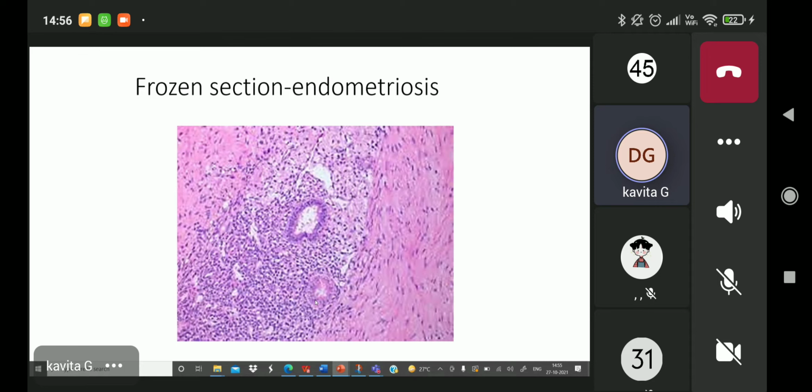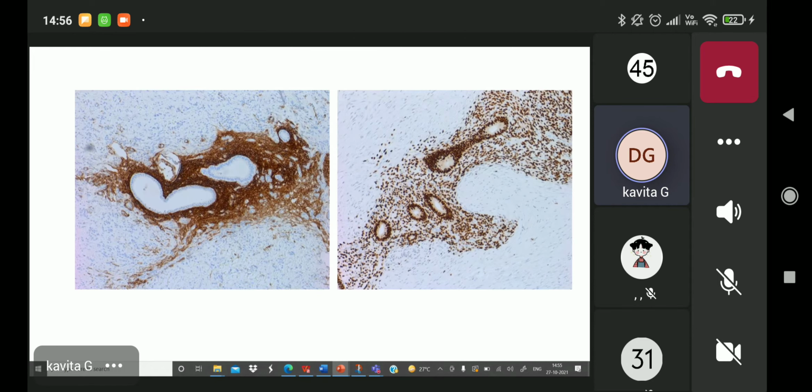Now, if you have a problem in localizing whether this is of endometrial origin or not, you can always put up IHC. So the marker for endometrial stroma on the left, you can see over here, is CD10. So this is highlighting the endometrial stroma. On the right side, you have estrogen receptor as your marker, ER, which is a nuclear marker. Now, the nuclei are all lit up. So ER is highlighting the endometrial glands as well as focally the endometrial stroma, and the proper stromal marker is CD10 on the left.